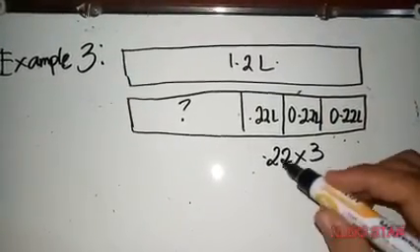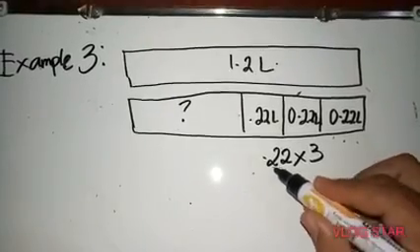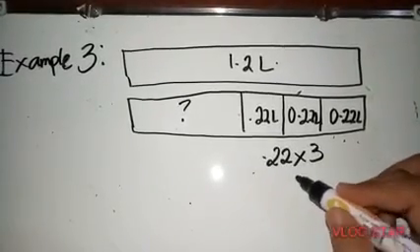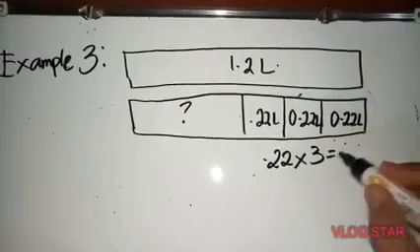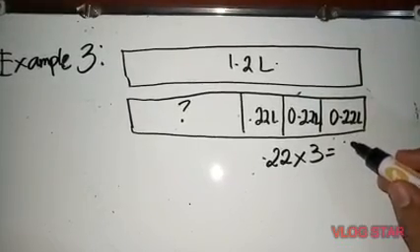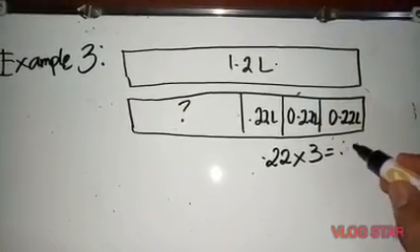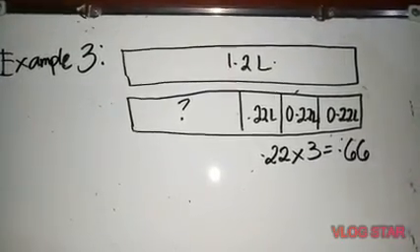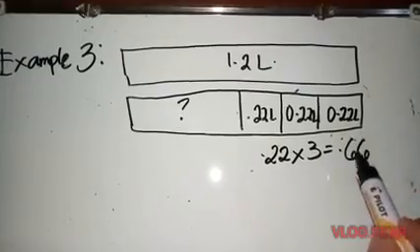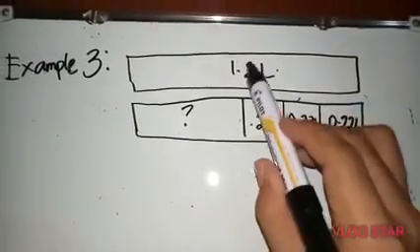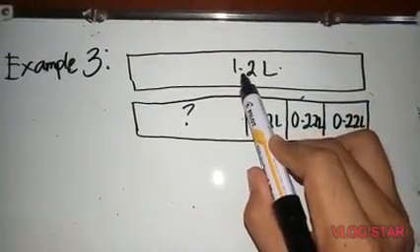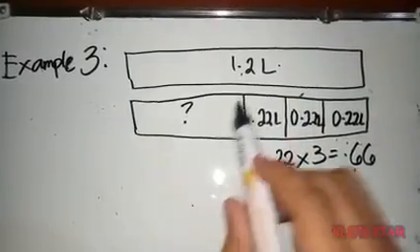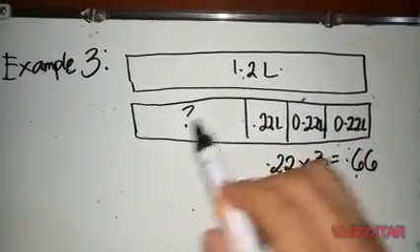We get 0.66. So if the 3 glasses is 0.66 and the whole pitcher is 1.2, for us to get this part, just